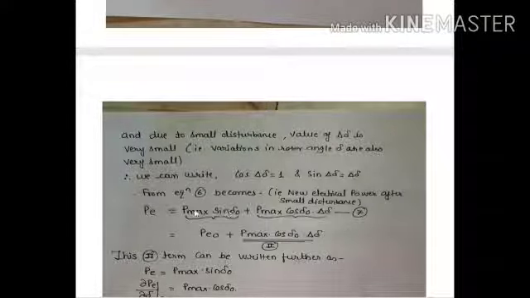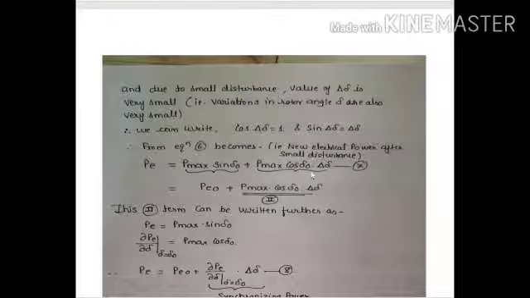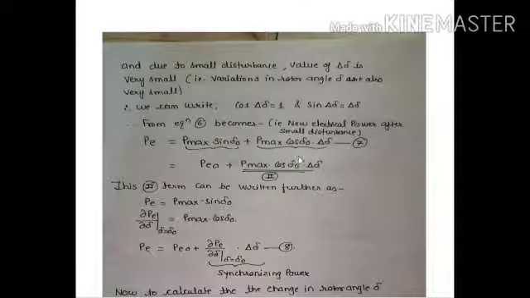Right? So what is this P max sine delta 0? It is PE 0. And this second term, now it is important. We are now going to write down the second term further. So the basic equation we know, PE is equal to P max sine delta. If I differentiate this with respect to delta, what do I write? Del PE by del delta at initial condition, that is delta is equal to delta 0, is equal to P max cos delta 0.